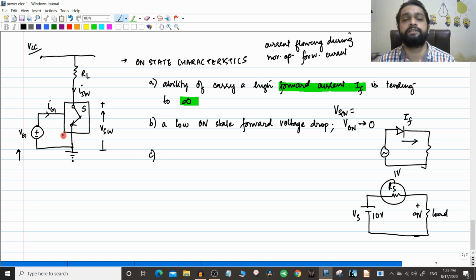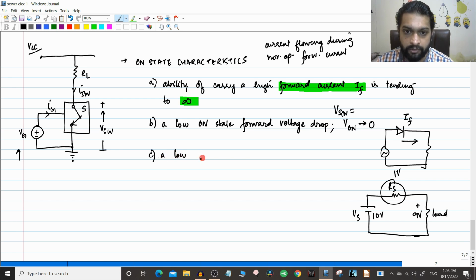What should be the resistance offered by the switch towards the circuit? Clearly, this load is the important part of the circuit, not the switch. The switch is actually doing a purpose, but because of that the current or the voltage drop should not increase. So the switch should do its performance of just switching on and off. Because of that, electrical characteristics of the load etc. should not change. So what should be the on state resistance of the switch? The on state resistance of the switch naturally should be tending to 0, like so.